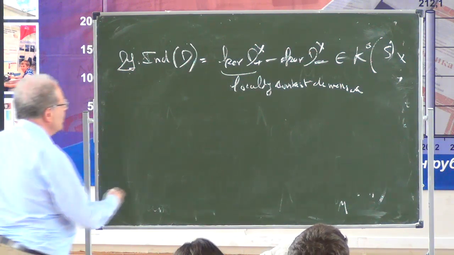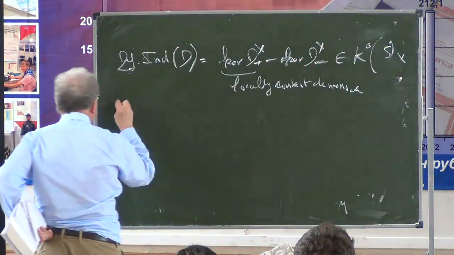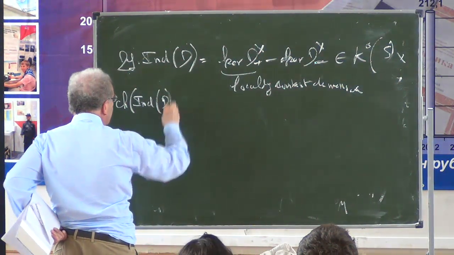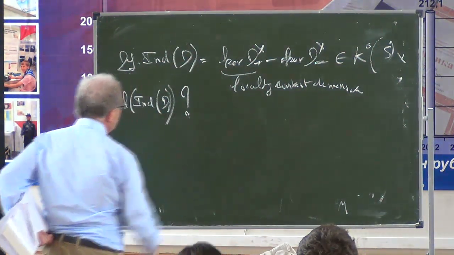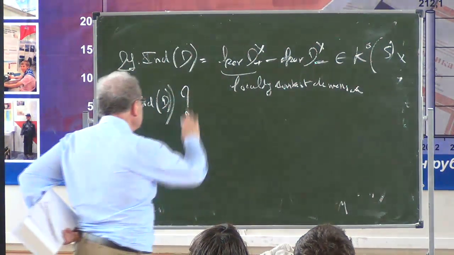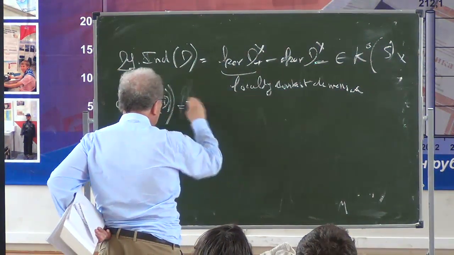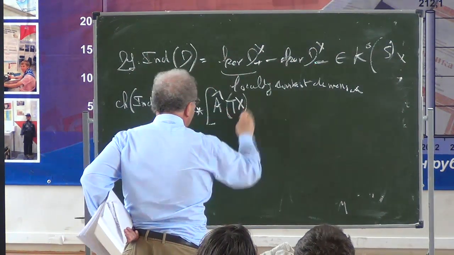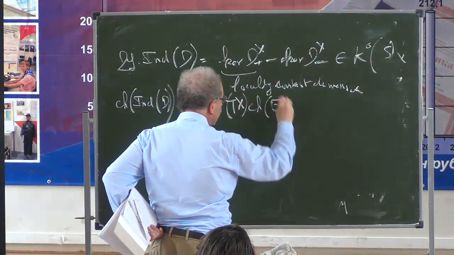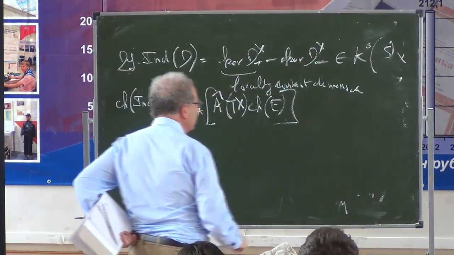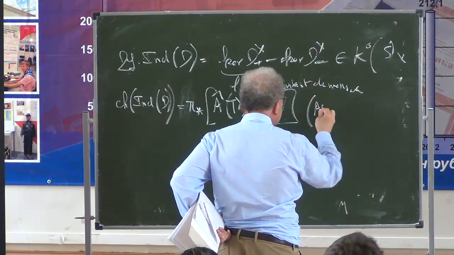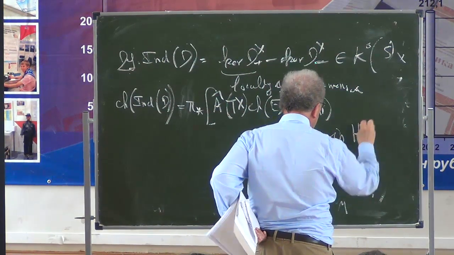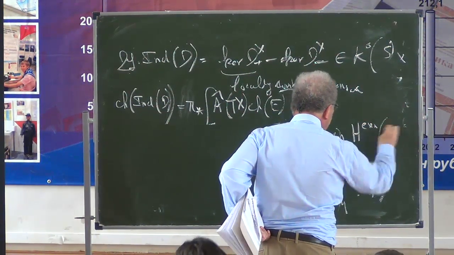So you just take this as a formal difference, and the families index problem is to understand what the Chern character of this index bundle is. We actually know the answer, which is given by the integral along the fiber of A-roof of TX times Ch of E. That's the Atiyah-Singer families index theorem, and this identity is in H^even of S with